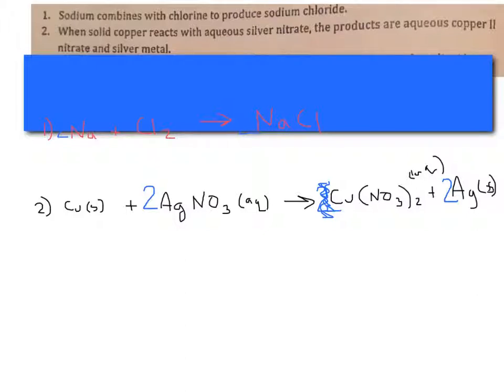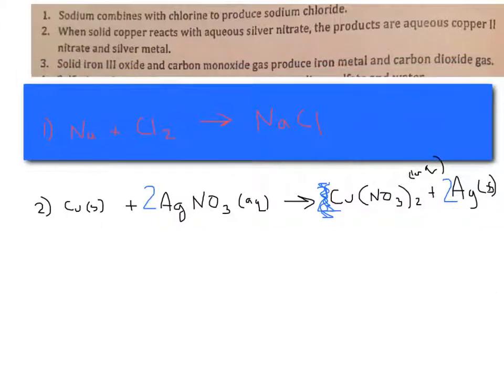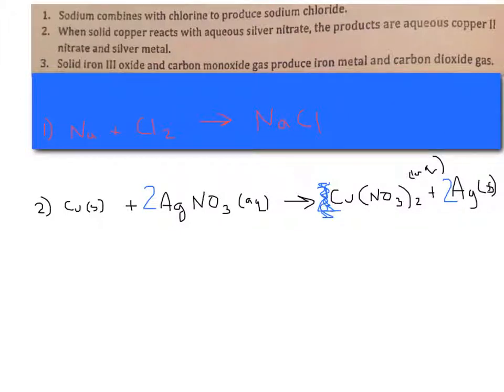And then when we read this, sometimes we'll say it like this: 1 mole of copper reacts with 2 moles of silver nitrate to yield 1 mole of aqueous copper nitrate and 2 moles of silver precipitate. Perfect. That's the other skill we do need. And then the last question here we have